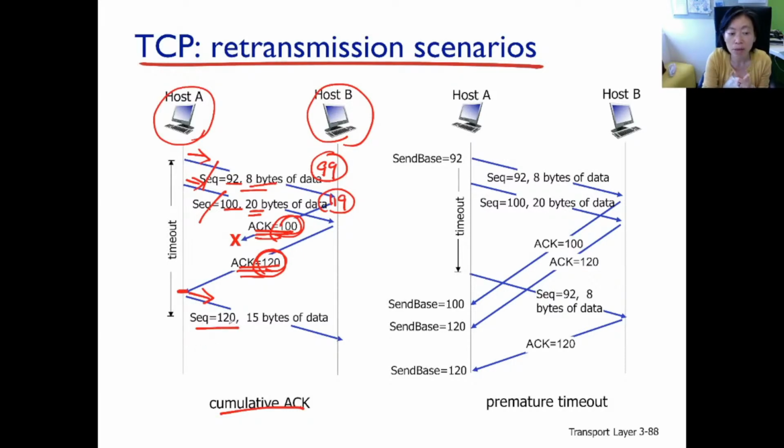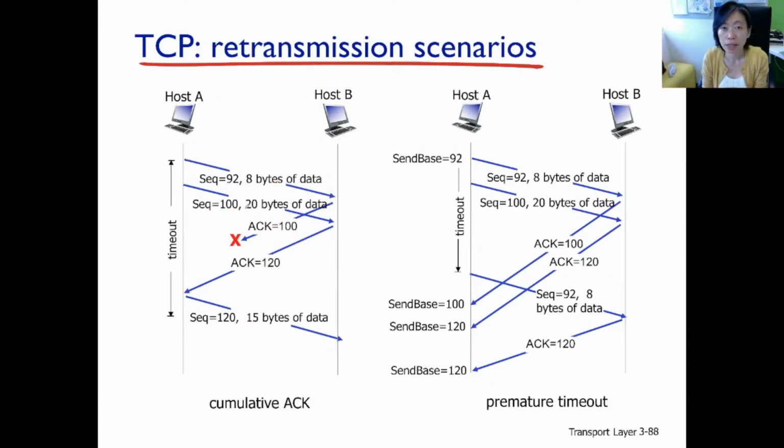It's going to trigger sending of the next packet starting from 120. The third example scenario looks very much like example 2, where we have a sender sending 2 packets back to back with identical sequence numbers. Therefore, the receiver will be sending back ACKs 100 and 120. The difference is that example 3 demonstrates a case of premature timeout. The timer interval is set very short, so the timeout occurs before the ACK can come back.